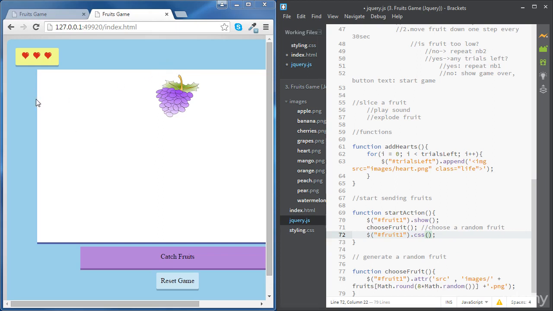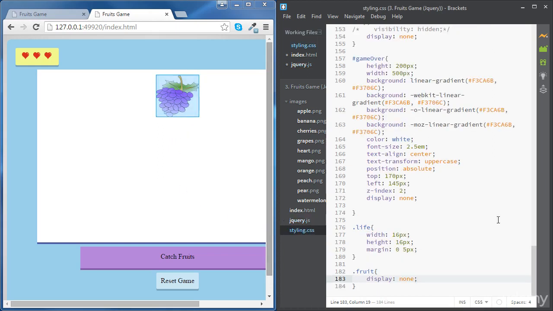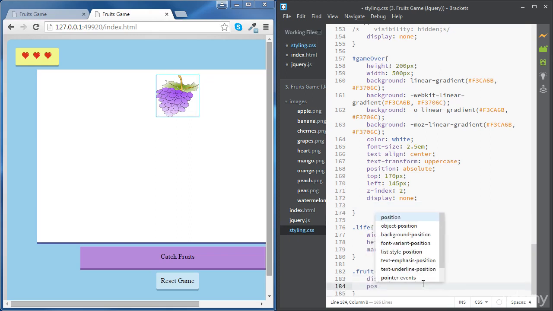So the left property, we want it to refer to the distance between the left border of the fruits container and the left border of our fruits. But before we do that, we need to make sure that the fruits container has got a property position set to relative, and the fruit needs to have a property position set to absolute. So let's go back to our CSS file and make this change. So the fruit needs to have position absolute,